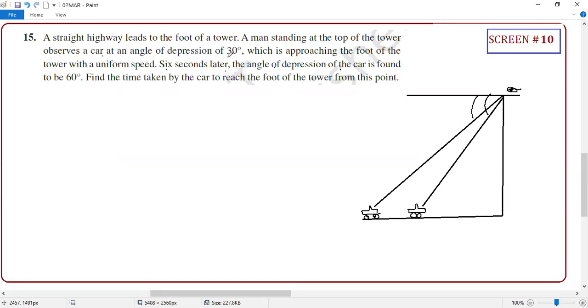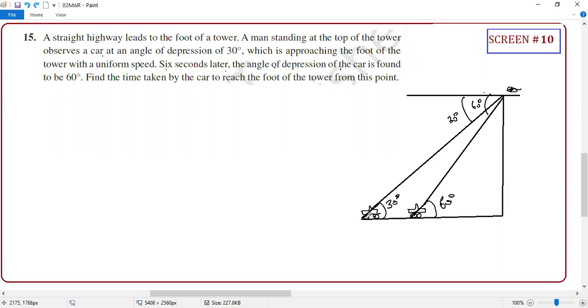This is 30 degree. No, this is 60 degree. And this angle is 30 degree. As usual, guys, no use of this angle. You have to mark it, you have to join this line. This angle I want. Very simple. He is looking at this car at a 30 degree angle of depression. So from here, the angle of elevation is 30 degrees. Same way, this 60 is coming here. Don't make the mistake. By observing with common sense itself, you know that this is 60. This angle is more than this angle.